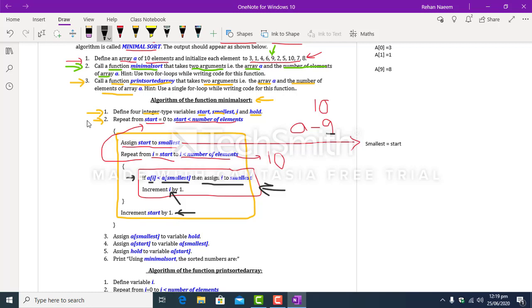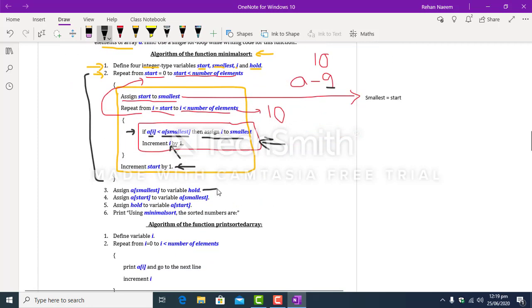Okay, so after performing this looping task, you have to assign A[smallest] to variable hold, then assign A[start] to element A[smallest], then assign hold to this element A[start], and then print this message: using minimal sort the sorted numbers are.